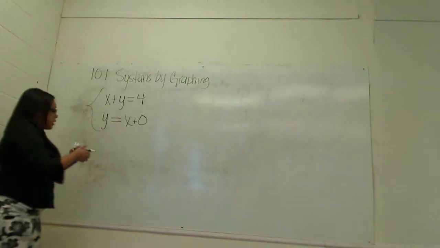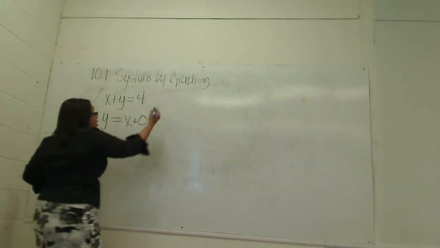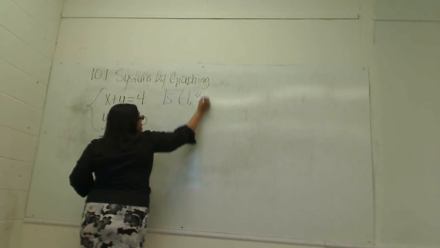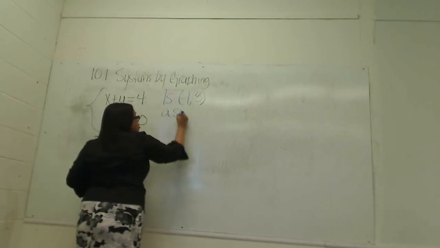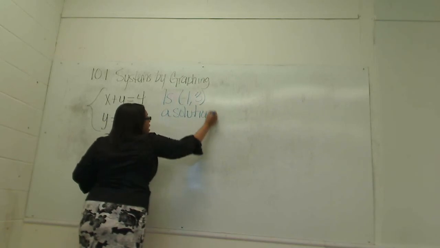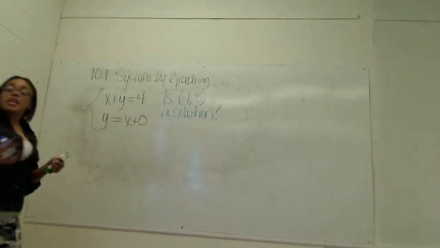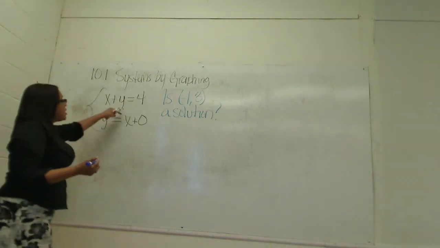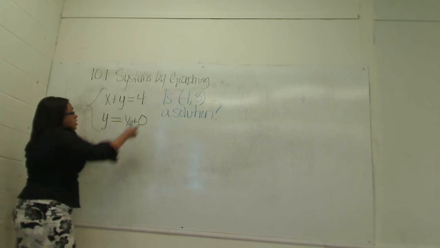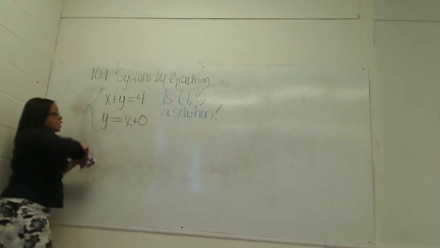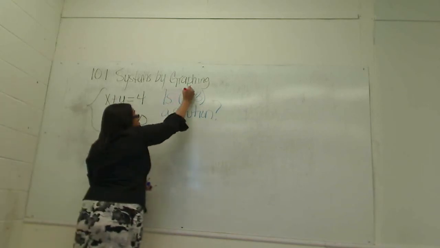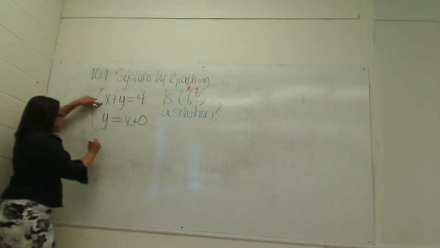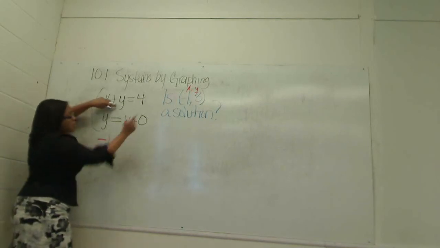Now, sometimes you won't even have to do all the graphs. They'll give you a situation. Is (-1, 3) a solution? Would (-1, 3) make this true? Would it make it false? You just plug the stuff in. I'm going to rewrite my equations using what I was given. x is negative 1, because the point's always written x, comma, y. So x, negative 1, plus y is 3,